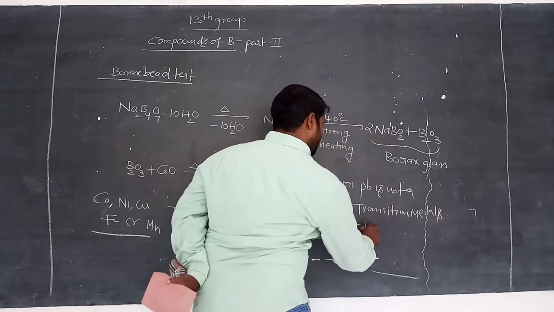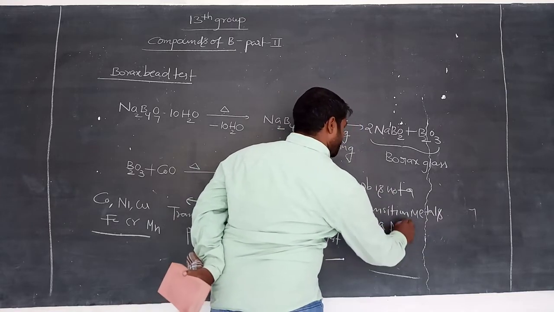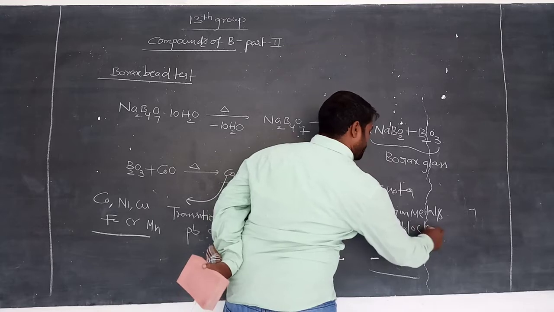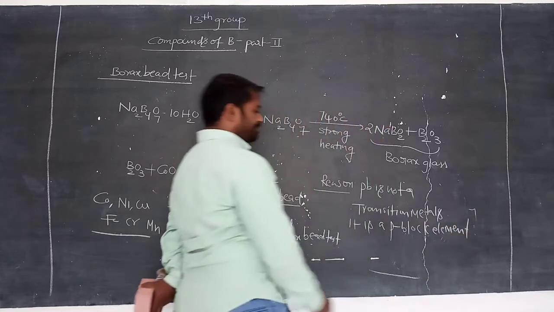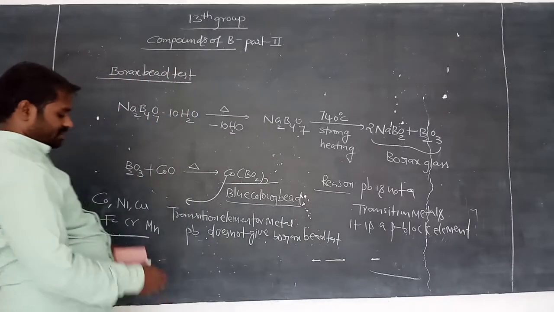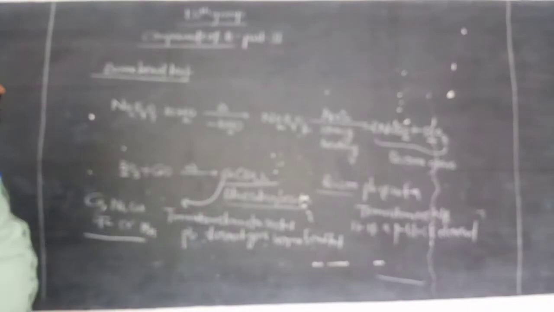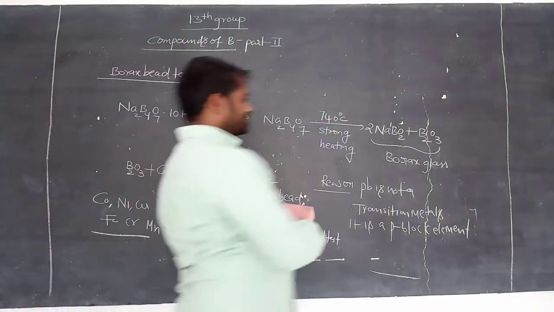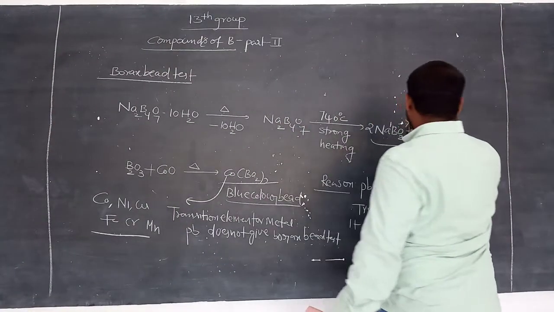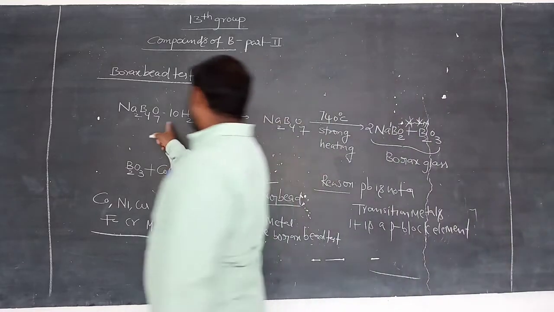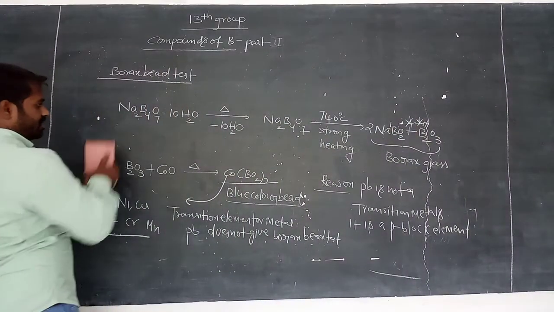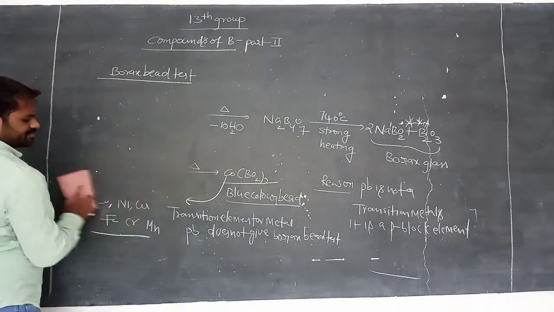It is a p block element. Okay, p block element. Okay, mark this. So that compound is called borax glass. So decahydrated borax. Okay,